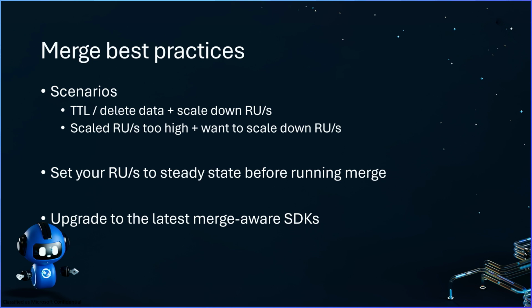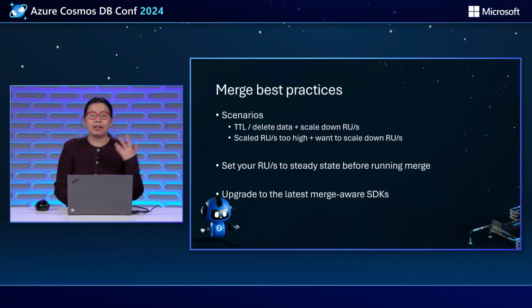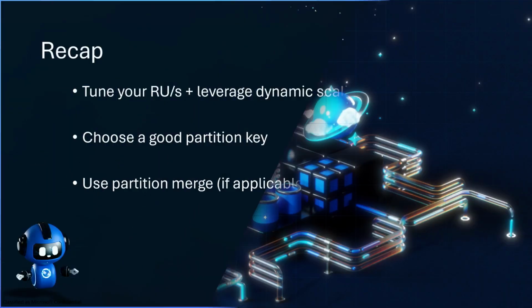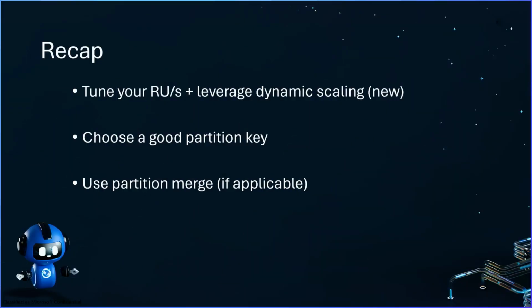Also, in order to take advantage of this feature, you'll need to use the latest merge-aware SDKs. On our documentation page, you can find the latest versions, which are compatible with Partition Merge. You can run merge while your operations are running, and there's absolutely no impact to your production workloads. So in summary, we've covered 3 different tips you can use today to improve your cost and performance on